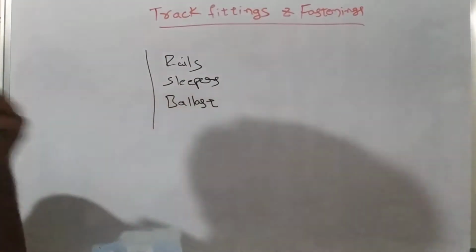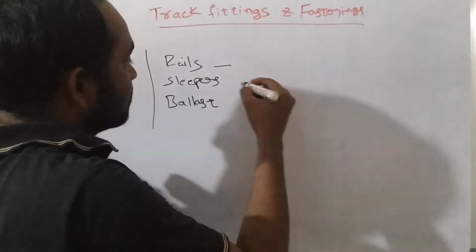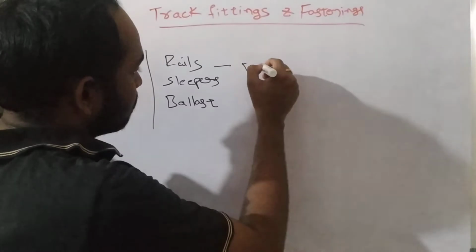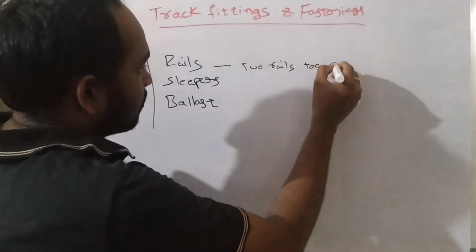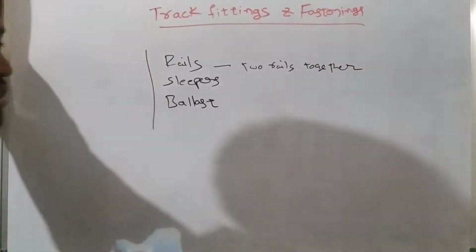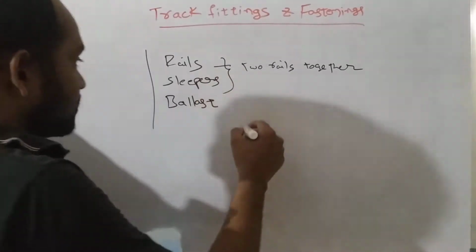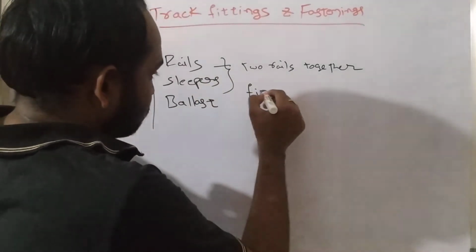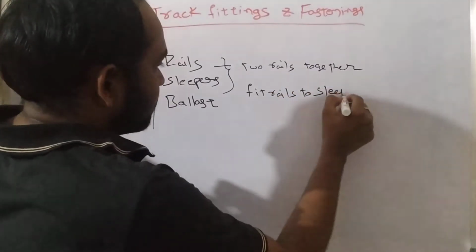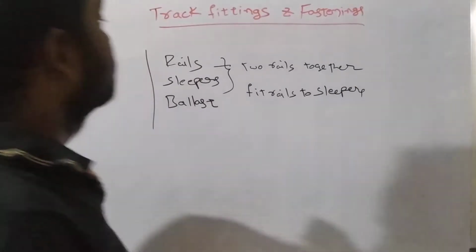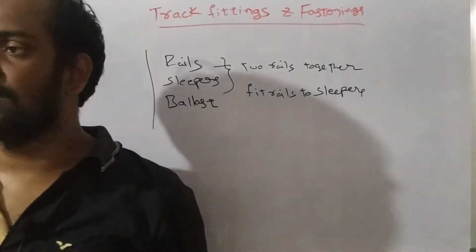Okay now. So in case of rails, we need to connect two rails together in the railway track. Understand or no? And also we need to fit rails to sleepers. Understand or no? So for this we need to use certain equipment or certain means